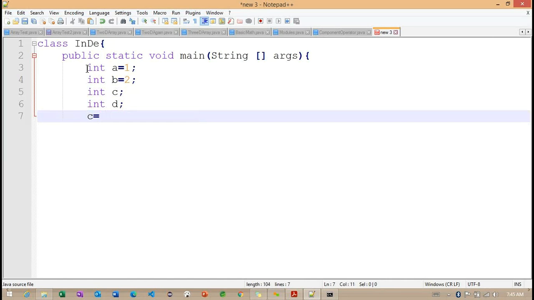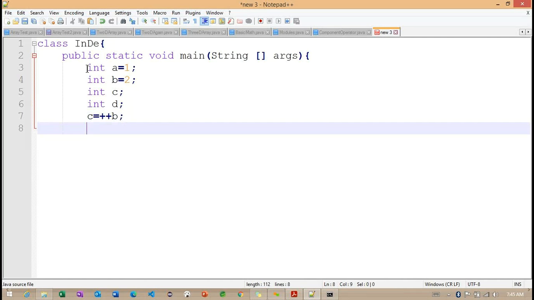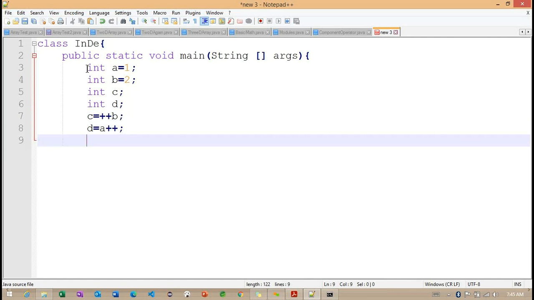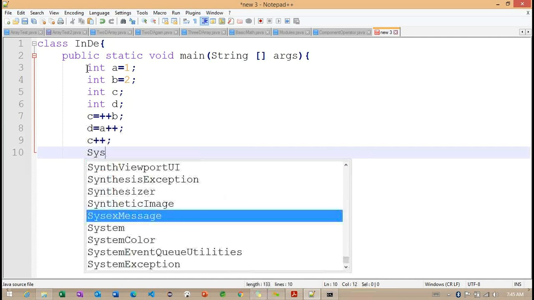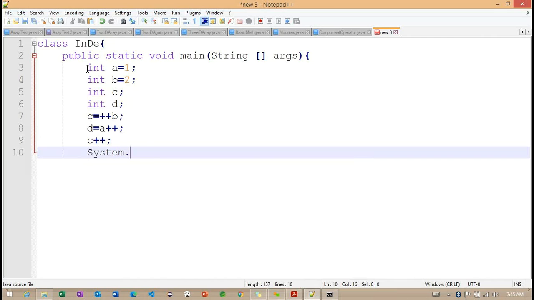If you observe, c is equals to plus plus b, right? So d is equals to a plus plus, and finally I'm trying to increment c plus plus here. So this is what we are discussing here. This increment value is very important here.